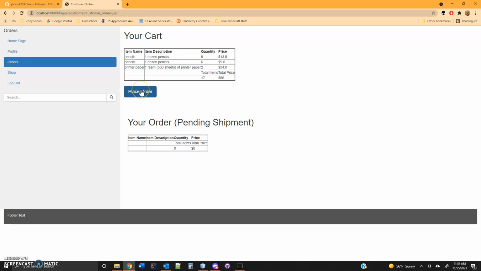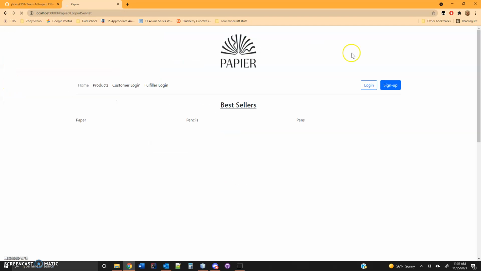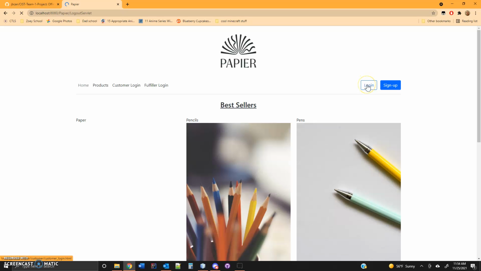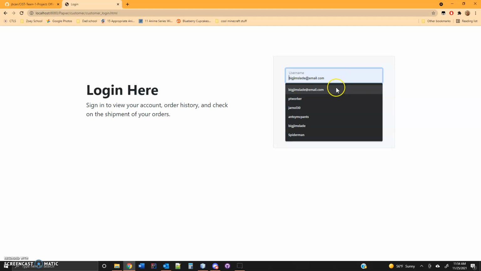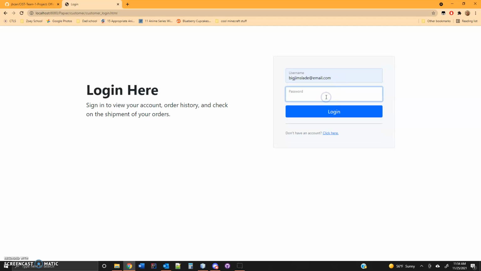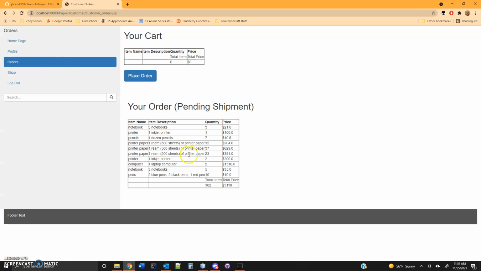Now, if I place this order, it should move it from the cart to the orders. All right, so that's done. So now I can log out. And if I want to log in, back on the main page, I can log in as a different customer. So I have my main customer I've been using here. So we're going to log in as Big Jim Slade. Now he has already placed his order,